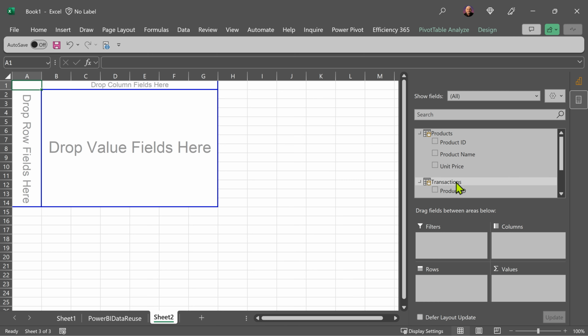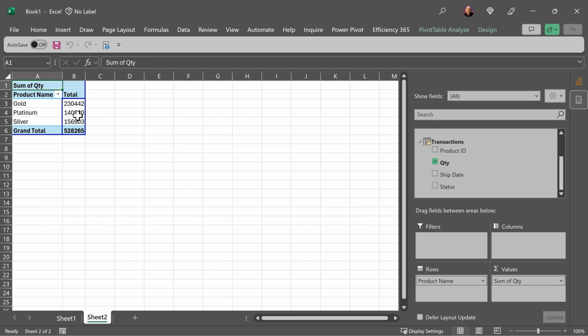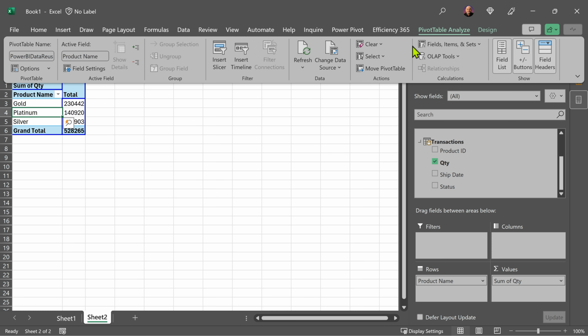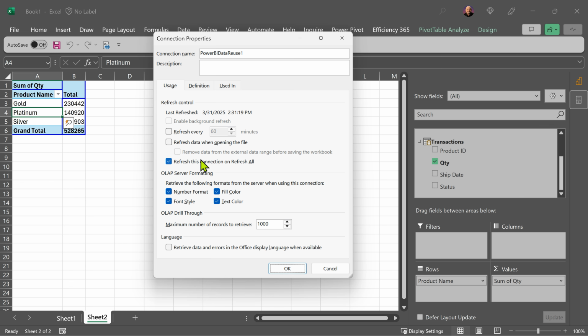I have the data model. So let's create a simple pivot table here. I can do whatever I want with it, pivot table, charts, and all that. But the important thing to understand is this pivot table is now refreshable. So if I go to pivot table analysis, data source, connection properties, refresh and open, and if the data is changing frequently, then I can even keep this file open and it will auto refresh.